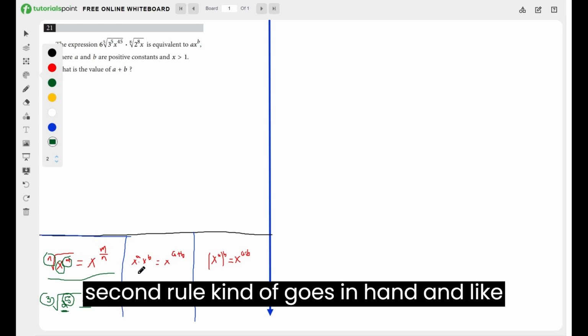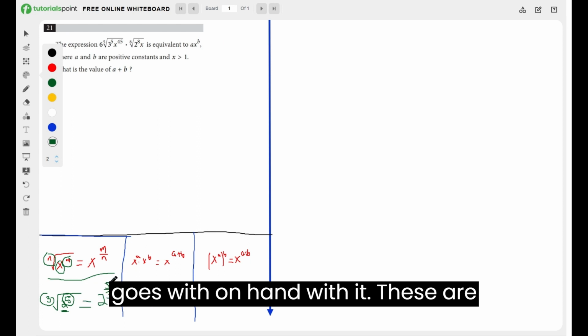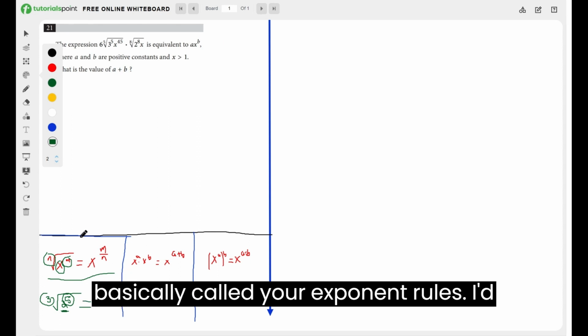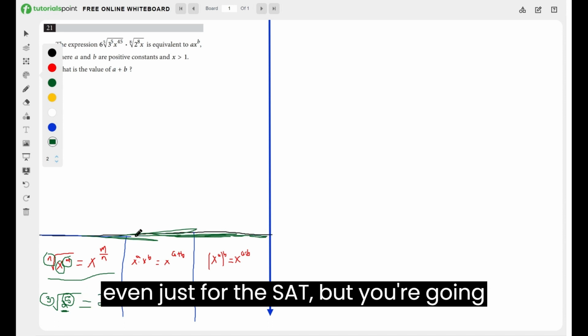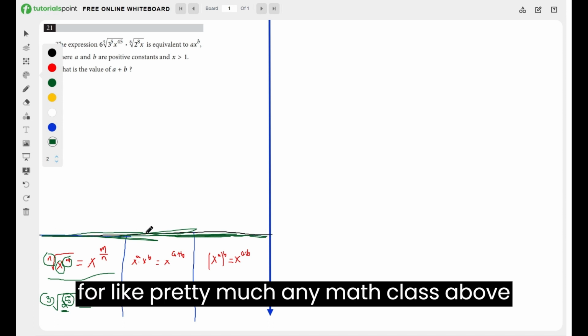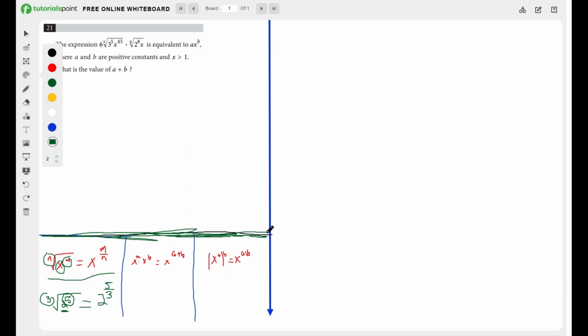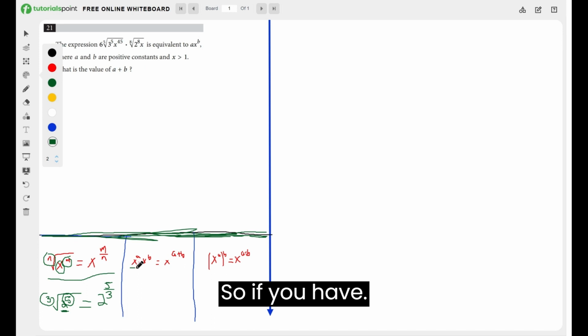And the second rule goes hand in hand with it. These are basically called your exponent rules. I'd suggest you know all of these, maybe not even just for the SAT, but you're going to need them for pretty much any math class above Algebra 1. So if you have